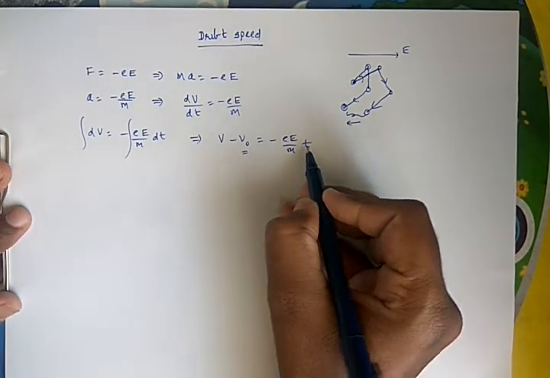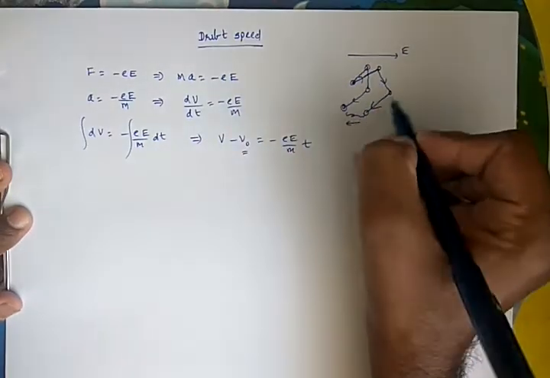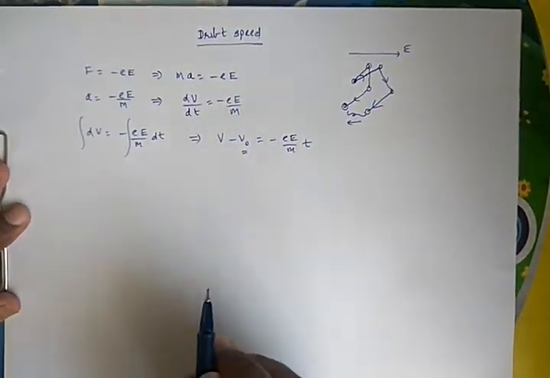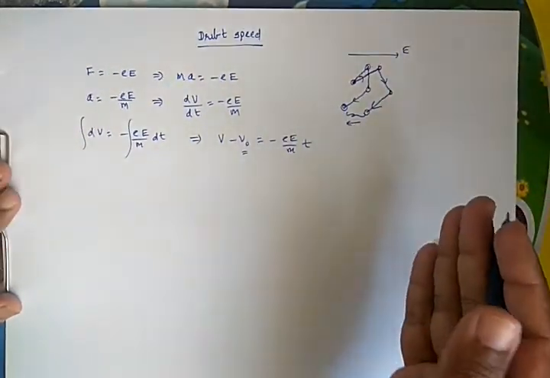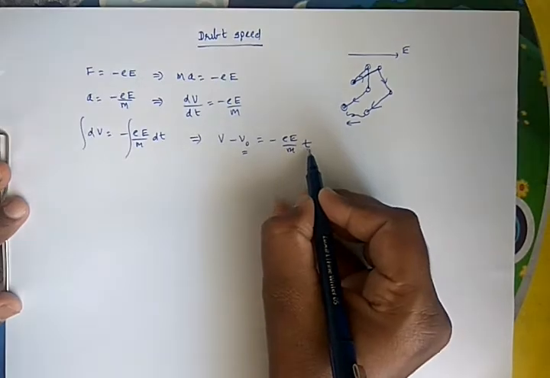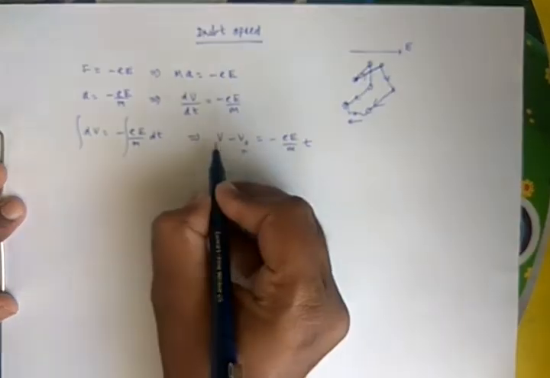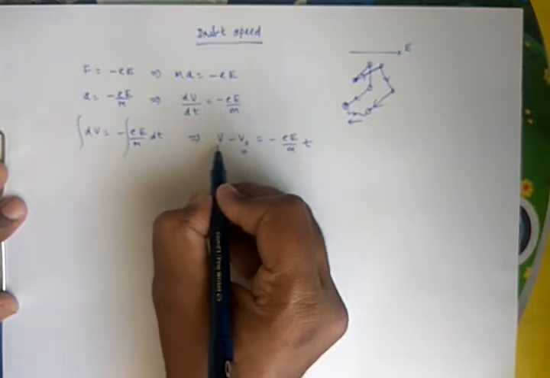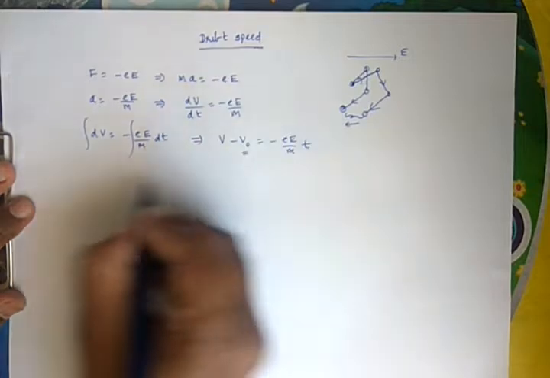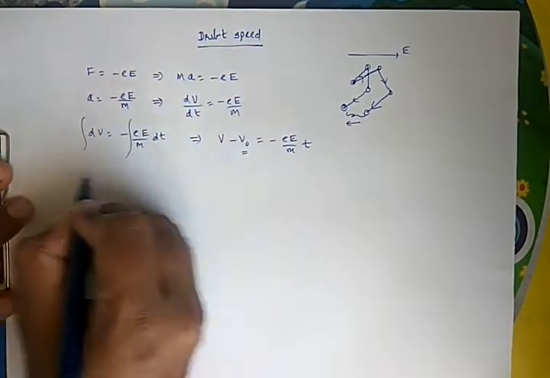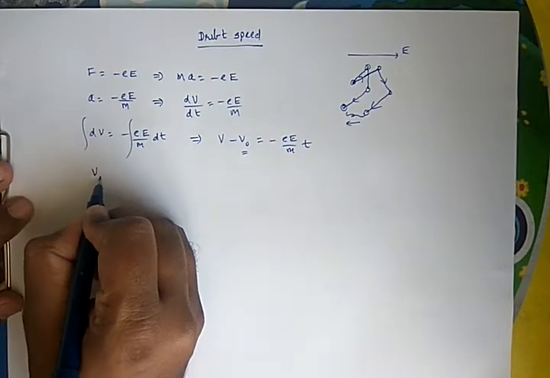And this t is the time taken by the electron for the collision, and that is also not constant. Some collisions may happen in a very short time, some in a very long time. So this is also not a constant parameter, and it also alters. And v is what your drifting velocity is. So when you take the average of every parameter here, that will be v drifting,